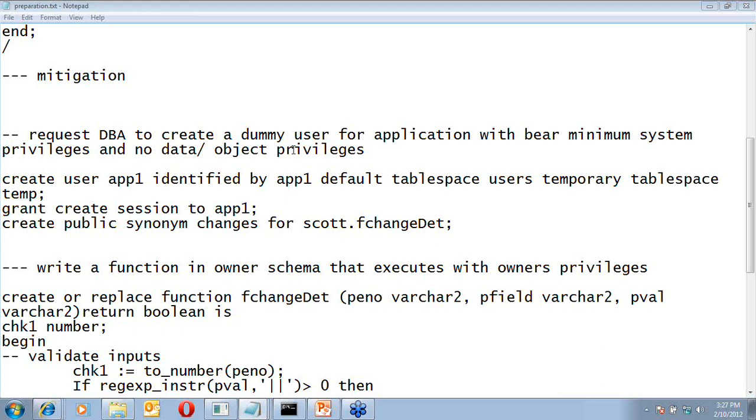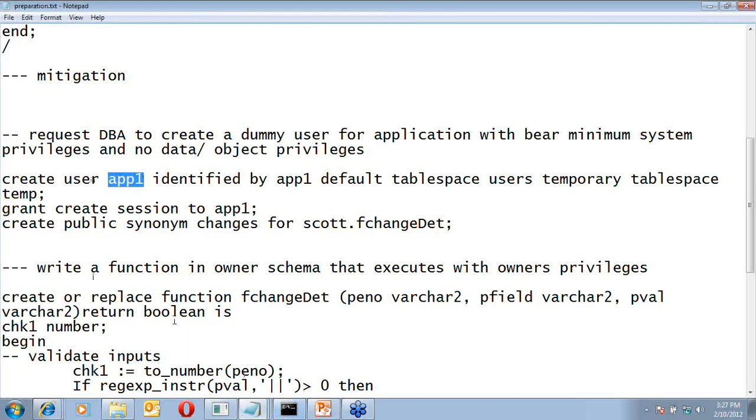For example, in Oracle, your schema and your user are actually the same thing. In that case, we would create a dummy user who will not have any objects or data in the particular schema. So request your database administrator to create a dummy user like this. Now here, for demonstration, I have already created a user named app1.